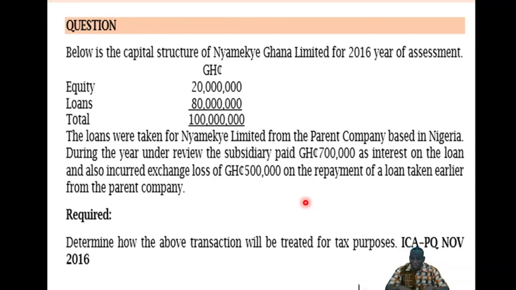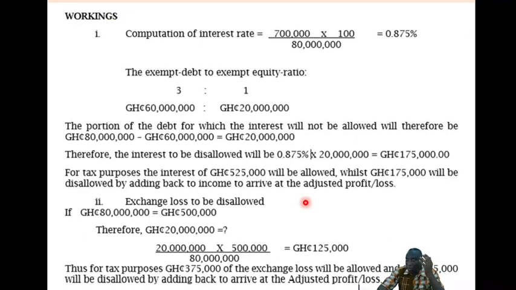The approach is, first of all, you explain the principle, and then you connect it to the question by calculating the allowed and disallowed portions. Those who first came out with the principle, because the question said determine how, you understand? You talk about this briefly before you start the calculation: that it should not be more than 3 times the amount of equity. Then you get 1 mark. Then when you do the calculation, they gave 2.5 for both the interest and the foreign exchange loss, for the allowable and the disallowed portions, making 5 marks, so 6 in total. So this question came for 6 marks, and to me it's a bonus question. I'm telling you, it's a bonus question. Okay, so that's the solution that we are projecting.